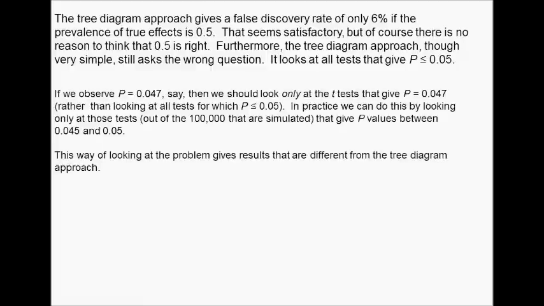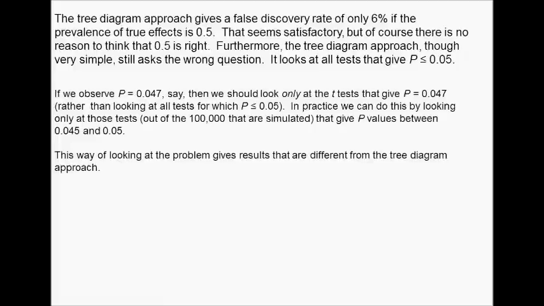Now, what we've done so far is to look at all results that give you p equal to or less than 0.047. But why include the equal to or less than bit? If you're doing the simulated t-test, it's very easy to mimic this process. We simply have our 100,000 p-values, and we look only at the tests that give you p equals 0.047. Well, p is a continuous variable, so we have to take a little interval. So we look only at the results from the 100,000 simulated t-tests that give p-values between, say,